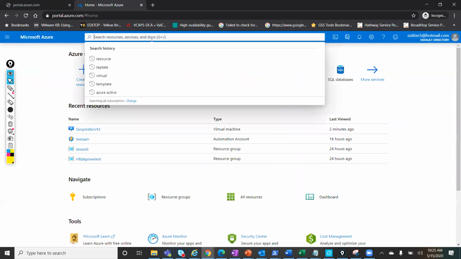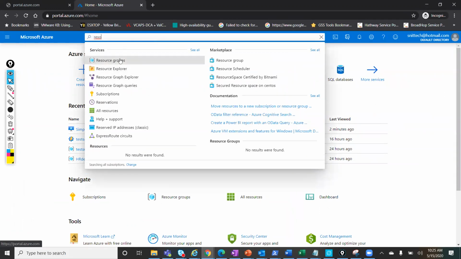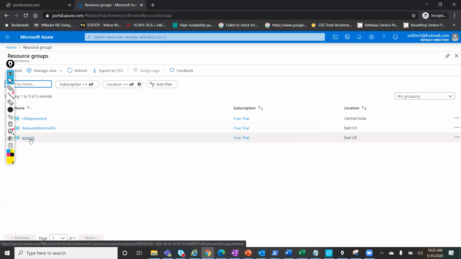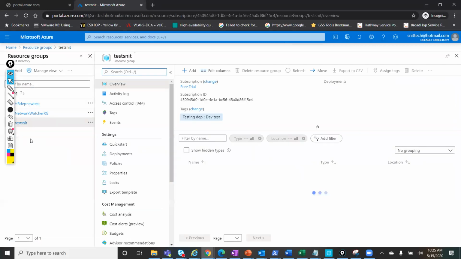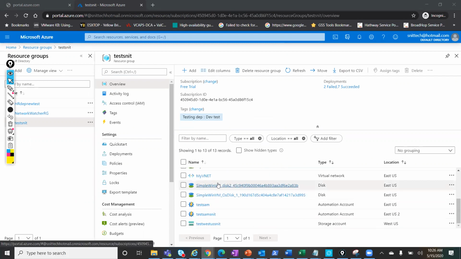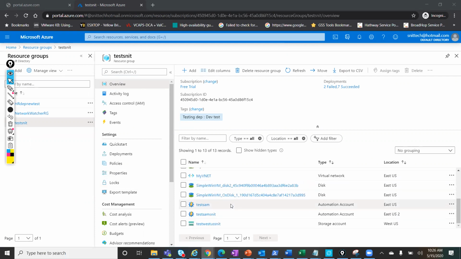If you want to go to a resource group, you just go to resource group at the search bar. I'm going to lock the resources in the tests SNIT resource group. So these are the resources I have in that. If I apply a lock at this resource group level, I may not be able to delete any of these resources. Let's give it a shot.